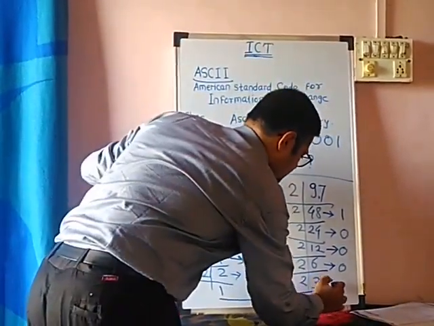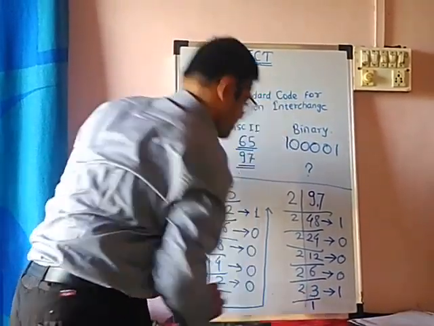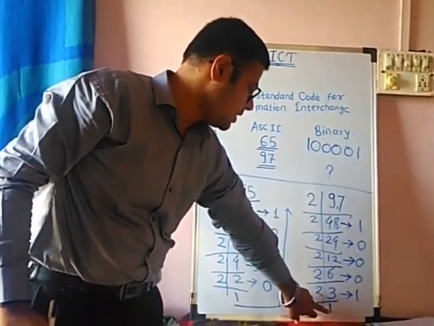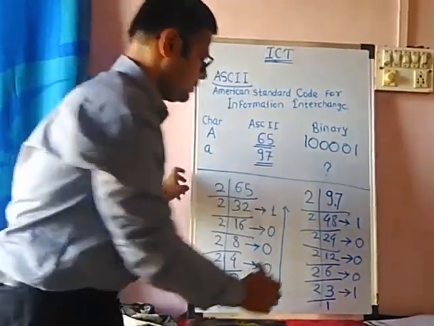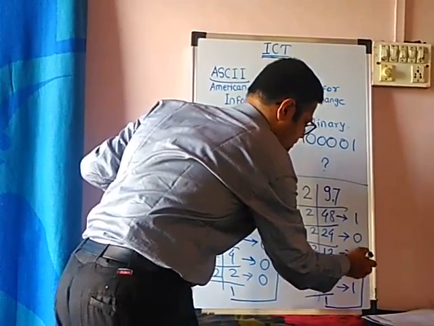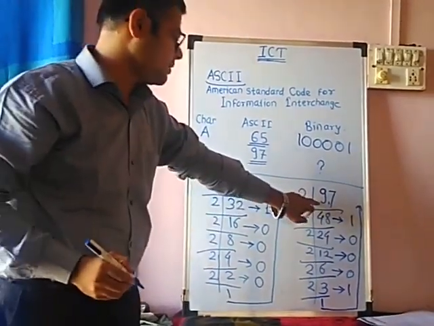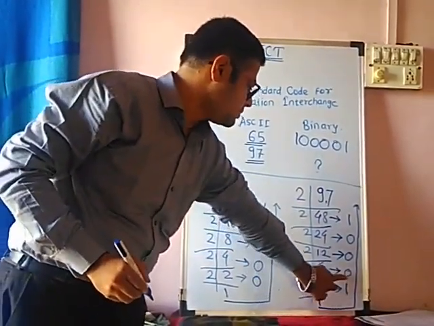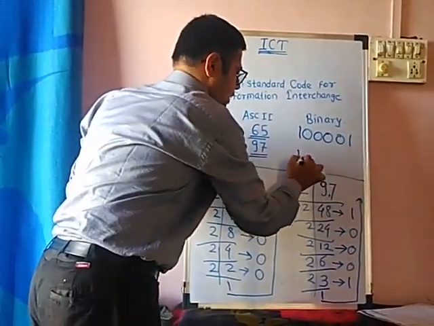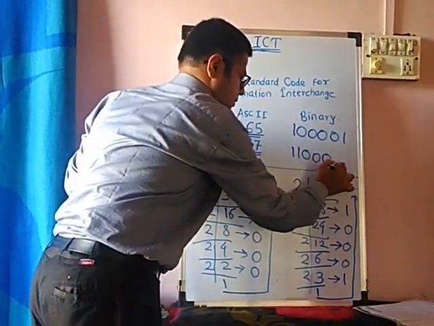Okay. Here 1 is the remainder and 1 here is actually the division. So here when 1 comes at this place, you have to stop the entire procedure and you have to count from the bottom. So sequentially I am counting 1 1 0 0 0 1. So the equivalent binary of number 97 is 1 1 0 0 0 0 1. Let me write over here: 1 1 0 0, again 0 0 and 1.